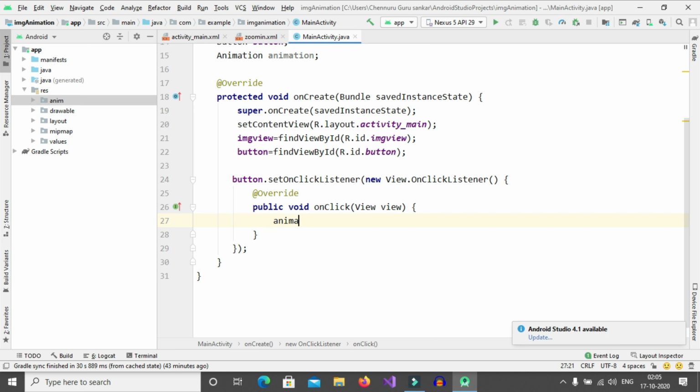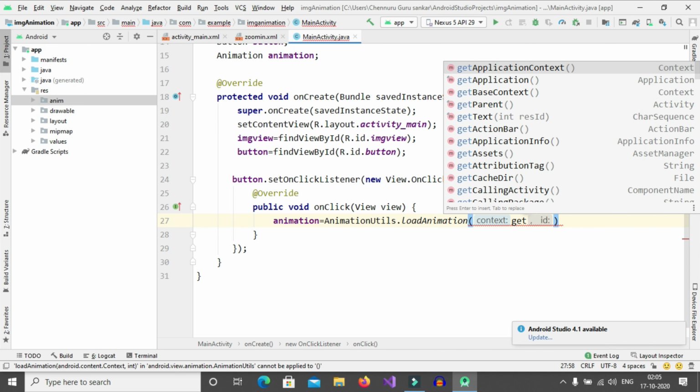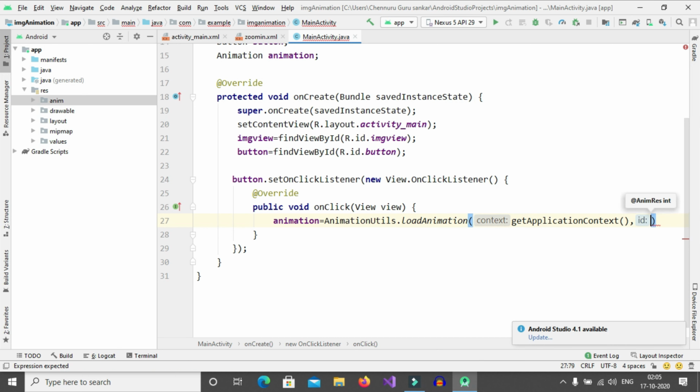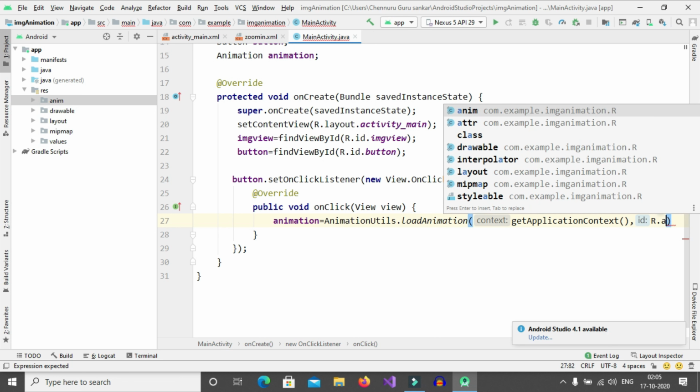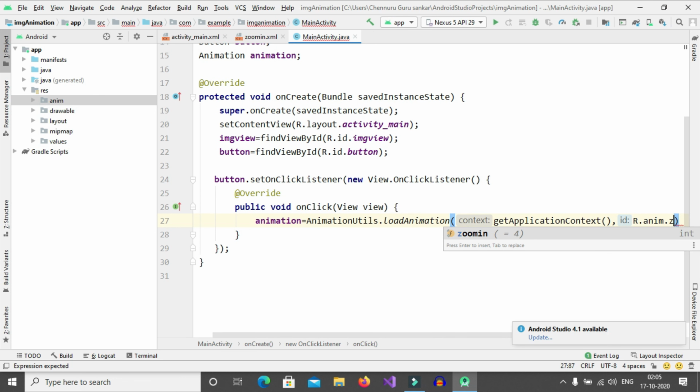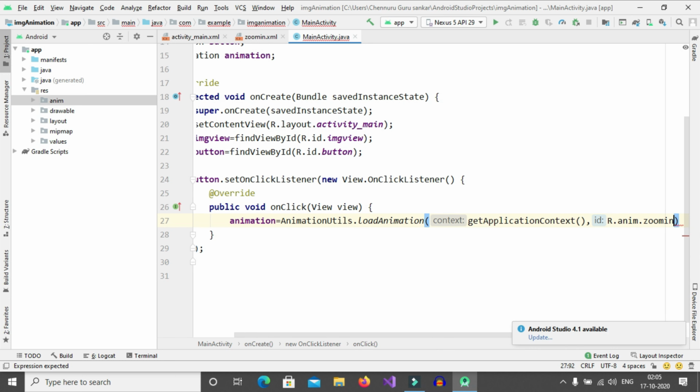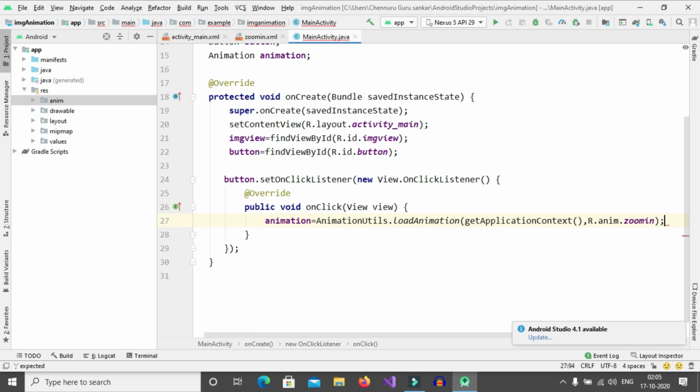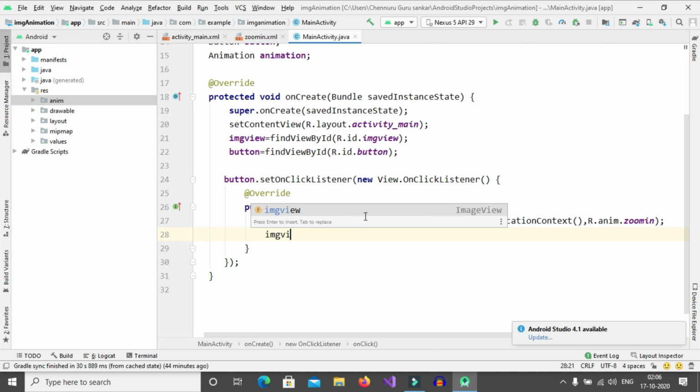So animation equals to AnimationUtils.loadAnimation, getApplicationContext comma R.anim.zoom_in. Semicolon, imageView.startAnimation.